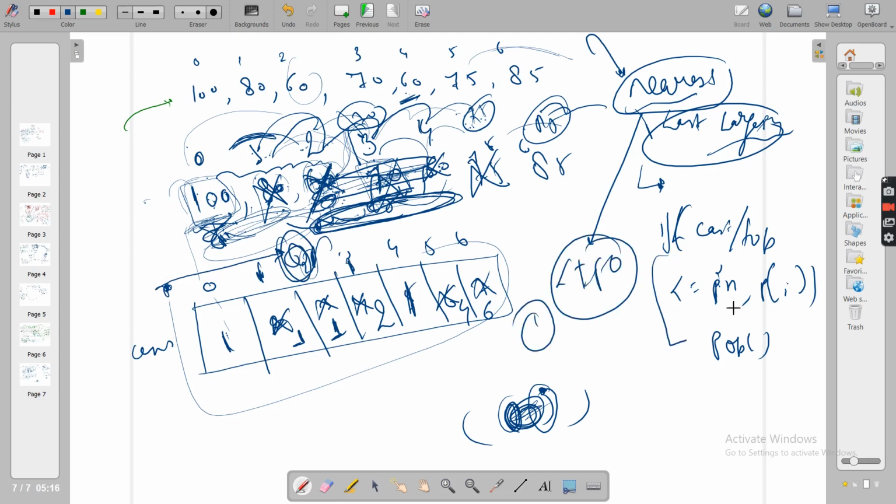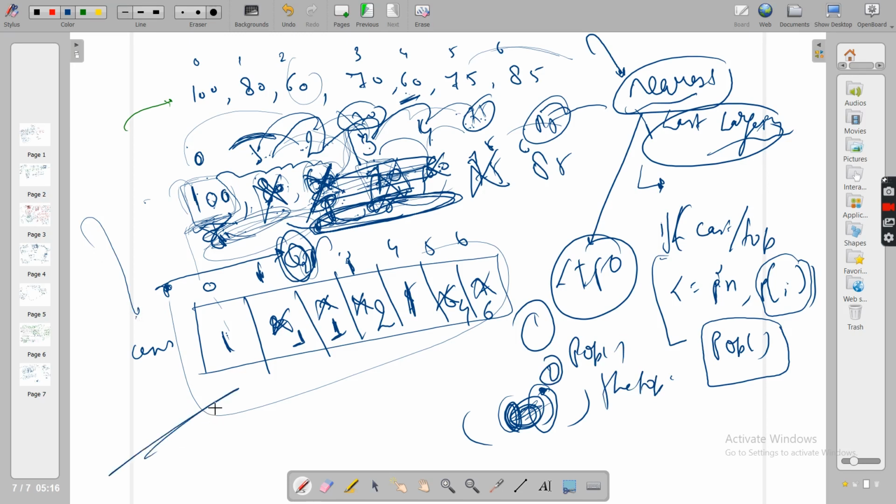And the second thing is the newly coming element, which is p of i. It has the power to actually remove your last element, because when 70 came, it was able to remove 60. So you can pop the top. I hope these were the best clues that I can give you guys. If you're not getting it right here, then obviously, what is the data structure that you will go for? Obviously the stack, yaar. What more can I tell you? LIFO you want, pop and top you want, so what will you go for next? Obviously stack.